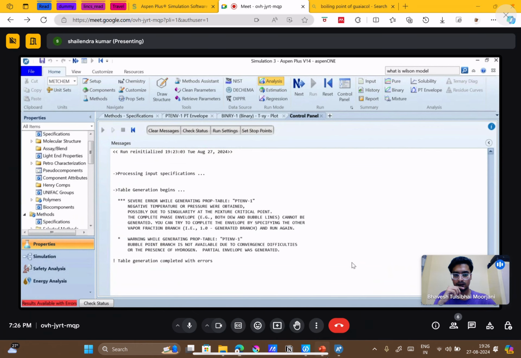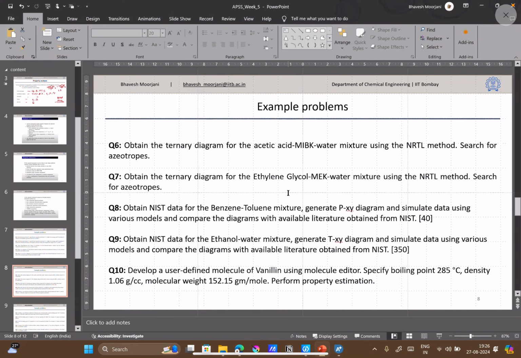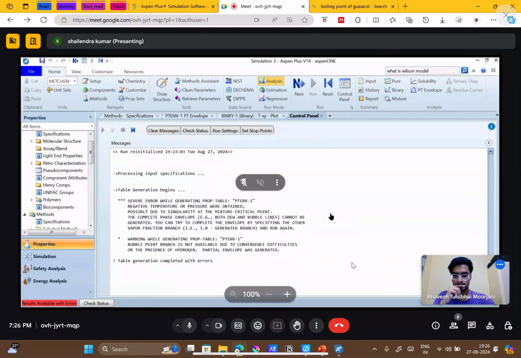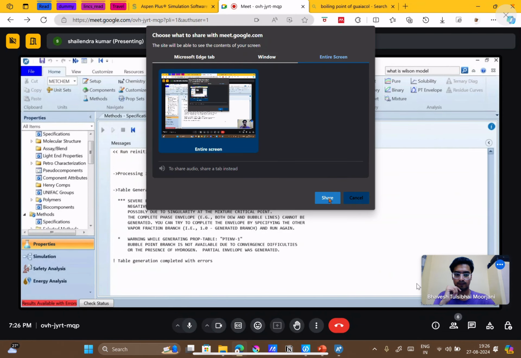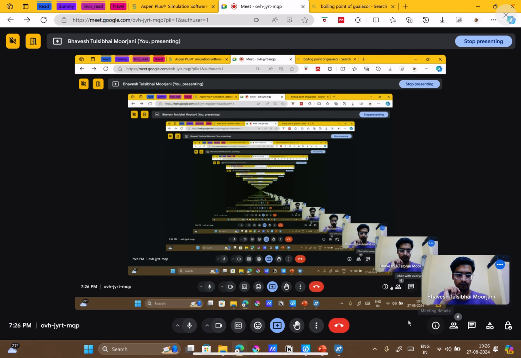Meanwhile, we can proceed with the next part. After this question, the next question is for the ternary diagram itself. Let me first share my screen. You guys can see it, right?